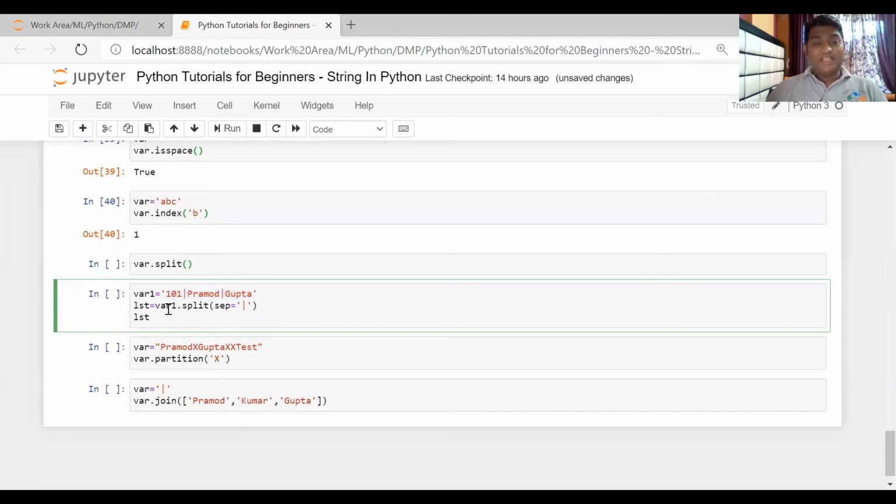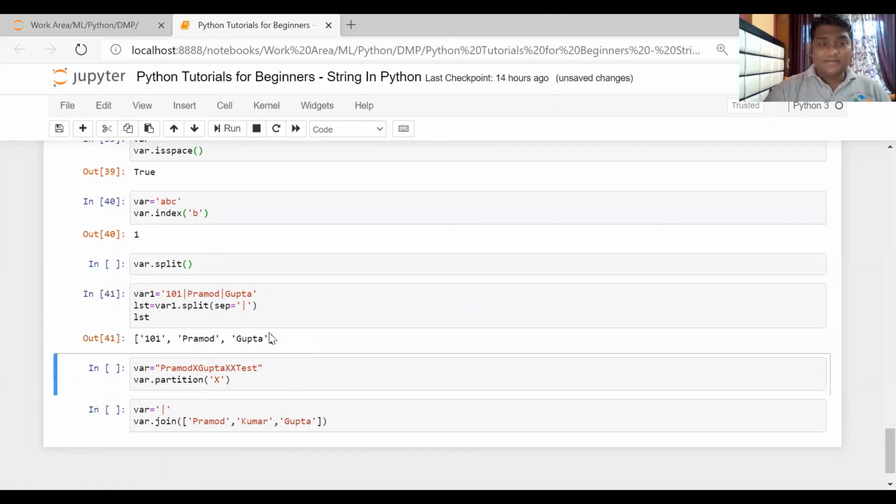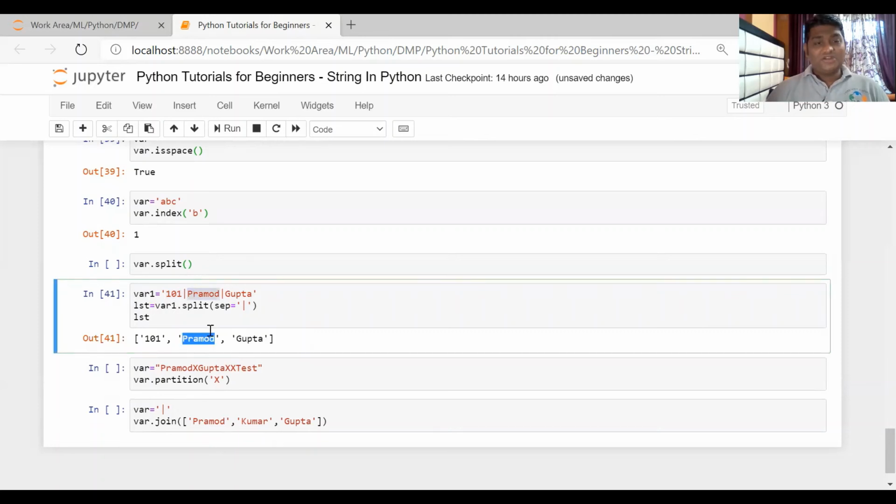You can assign a variable, use the split function, and provide the pipe as an argument, because this is your separator. If you do that and print that list, you will see these values get separated by the pipe delimiter.